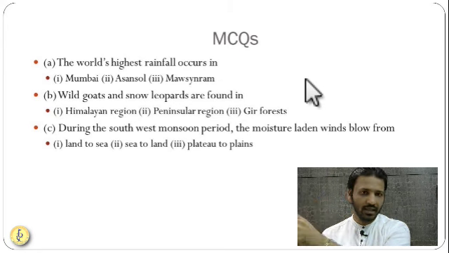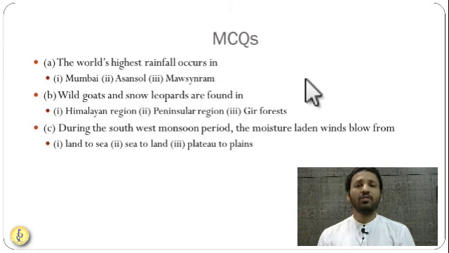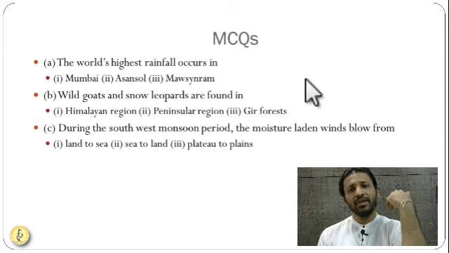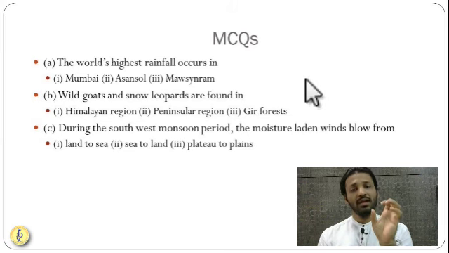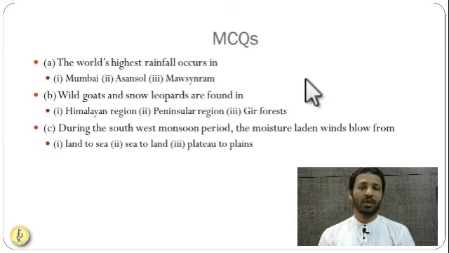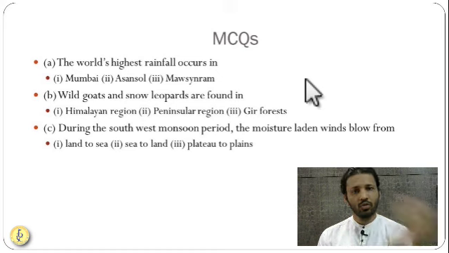Since they will be coming from sea to the land, the southwest monsoon winds will be blowing from sea towards land. Northeast monsoon or retreating monsoon is nothing but the trade winds from the northern hemisphere going to the southern hemisphere. In that case, the northern hemisphere is largely occupied by land, so wind is flowing from land towards sea in case of retreating monsoon or winter monsoon, which we call the northeastern monsoon.